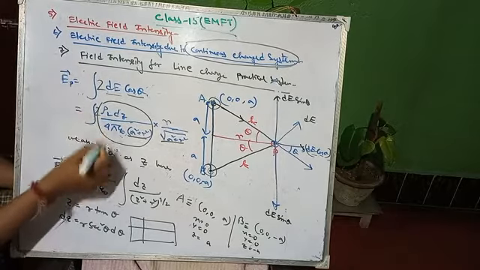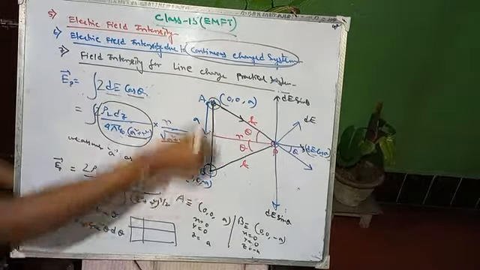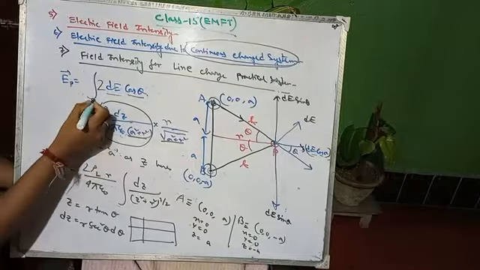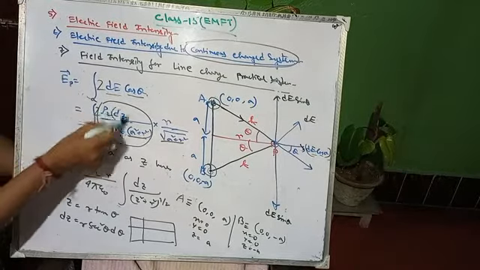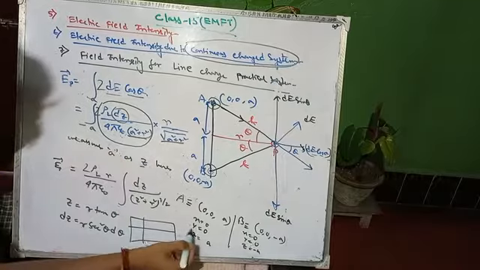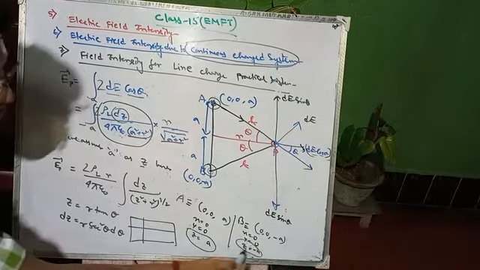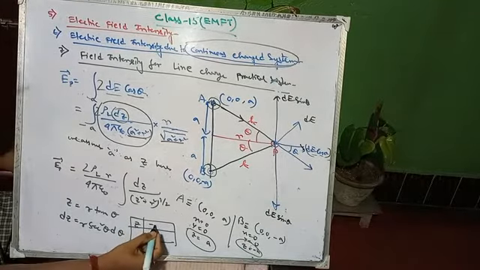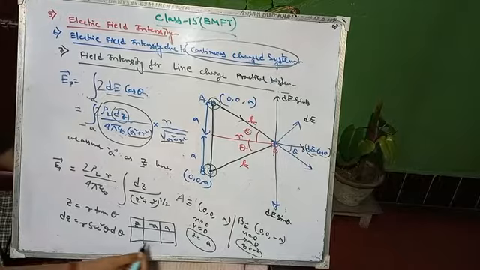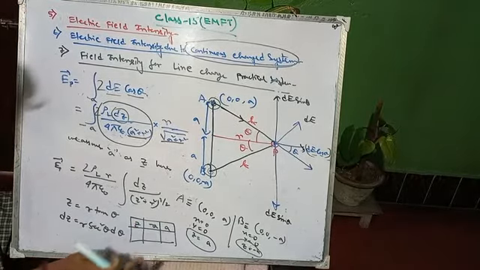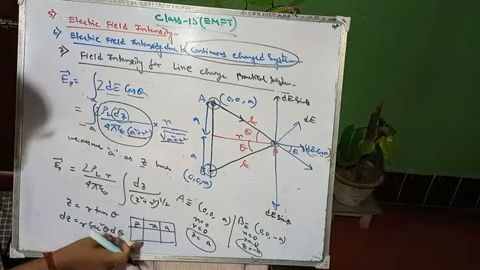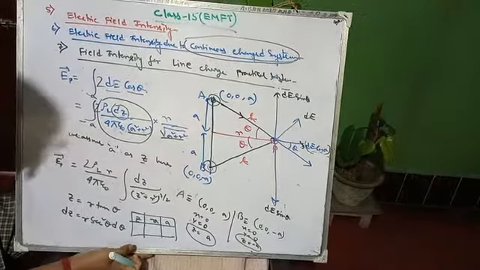Integration is taken in the z direction, which is from minus a to a. See, the integration is taken along the z axis, so the z values vary from minus a to a. Okay, so z from minus a to a. If we put z equals to minus a over here,